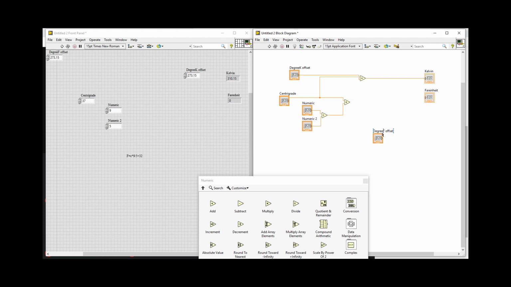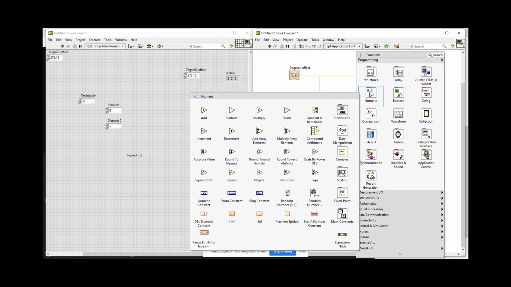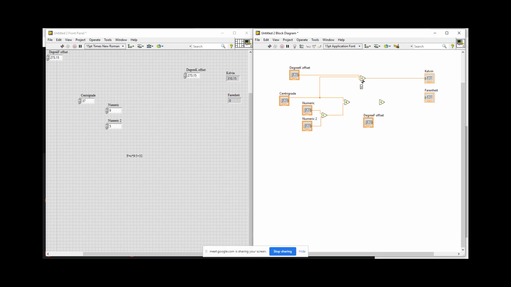Okay, so I have degree F offset, and again I need plus, so I have pressed Control and dragged it here. That will save your time, right? Like clicking here, then clicking here, then clicking here. So if you have that block already existing in your block diagram, you can just press Control and drag and drop.